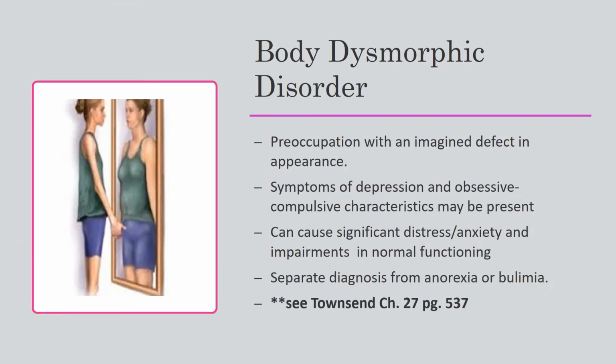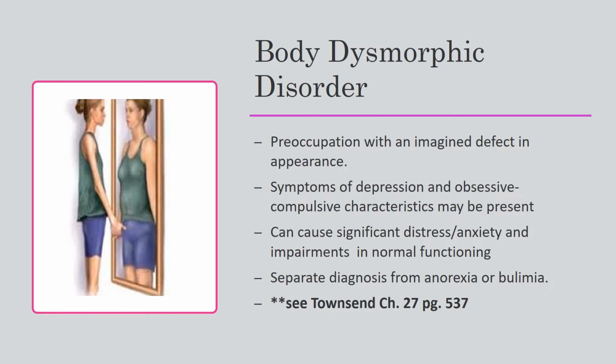The next disease process or disorder that I want to talk about is body dysmorphic disorder. Now, it used to be that all of these disorders that we're talking about were lumped into one big category in dealing with anxiety related disorders, but your book structures this differently. This is one section that remains in the anxiety disorders chapter of your book. So for this particular disorder, you are going to have to refer back to chapter 27 in your Townsend book